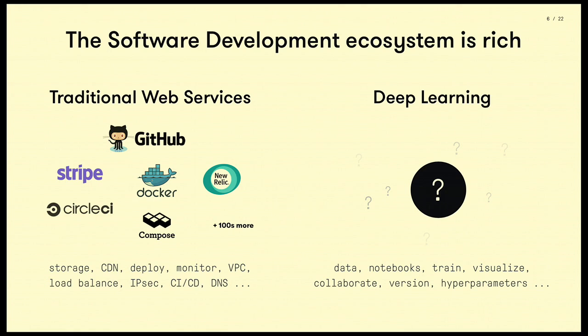Now, this stands in stark contrast with traditional software development, where the ecosystem is very rich and mature. On top of the public cloud, you have thousands of tools that developers can plug into, tools like GitHub and CircleCI and New Relic that essentially abstract raw infrastructure into something that development teams can plug into and operationalize. And these tools are so essential that modern web application development would be almost impossible without them. The thing that is obviously missing from this picture is the equivalent for AI developers.